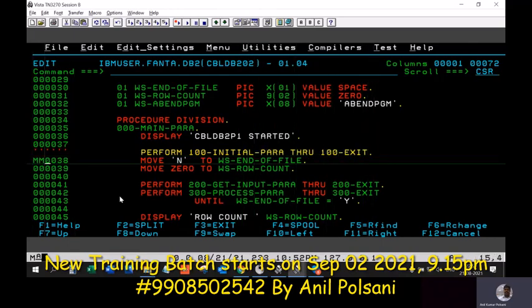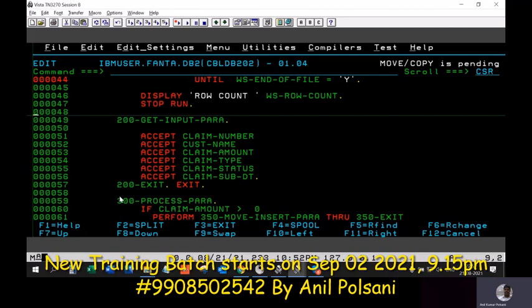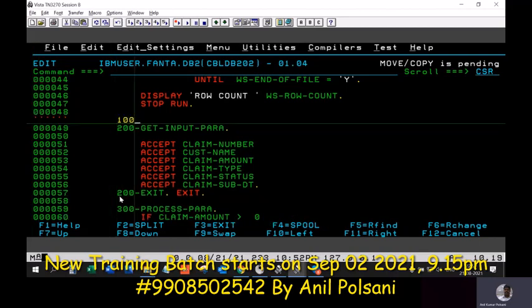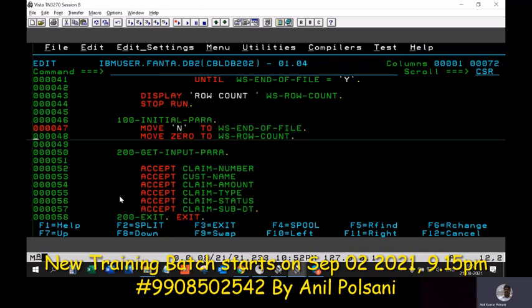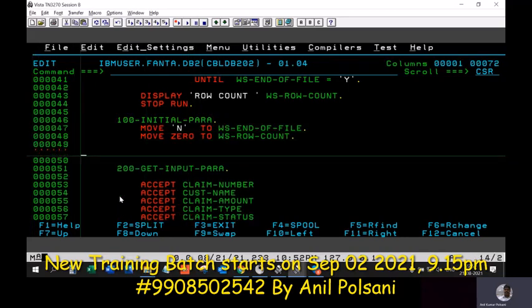We'll move these two from here and put them in the initial para here. Now we have the paragraph started here.